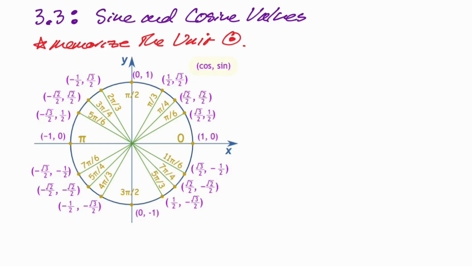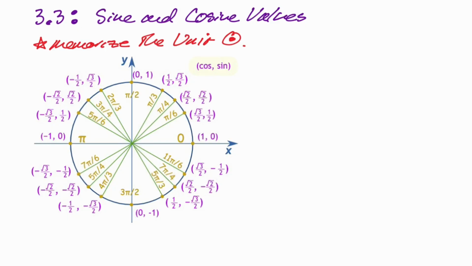The thing that I always remembered when I was in high school was that sine of pi over 6 is 1/2, which forces the cosine of pi over 6 to be root 3 over 2. And then when you're talking about pi over 3, they just reverse, right? So cosine is 1/2 and sine is root 3 over 2. And then at all the pi over 4s, you just get root 2 over 2s. And you have to decide if they're positive or negative, depending on what quadrant you are in. So memorize that, have it down pat, and it will pay off huge while you're doing anything on the exam